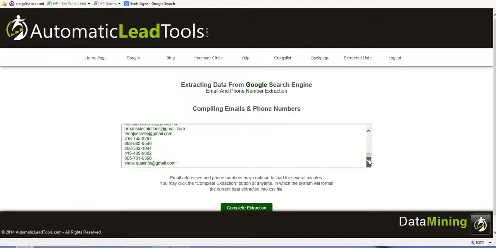These are people actively on Facebook right now, conversing, or typing about, or status updates, things that have skincare, right? They're talking about their skincare, and you can see it's pulling phone numbers and email addresses as fast as I can scroll. All right, this can be done for any site, any keyword. If you want to get more general, you can. If you want to get more targeted, you can.